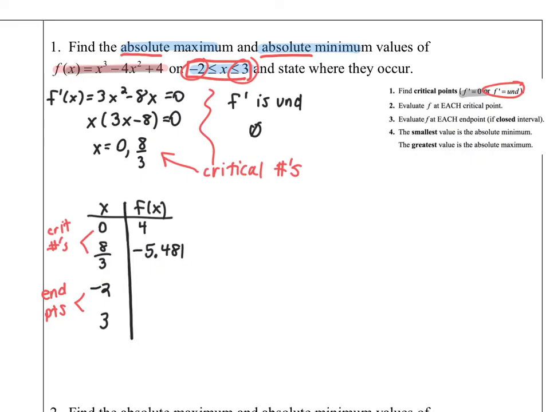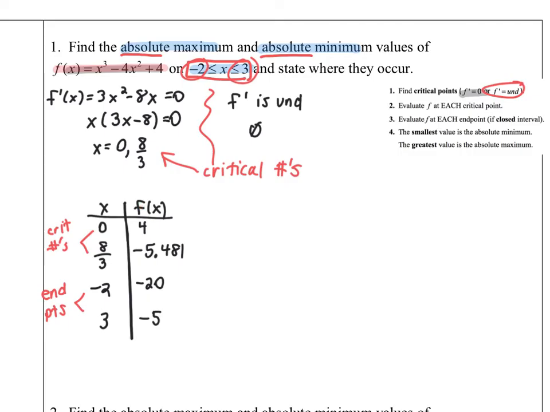I do f of -2, so (-2) cubed minus 4 times (-2) squared plus 4. And I get a -20 when I do that. And when I plug the 3 in, I get a -5. So these are the values on the graph of f, and it is the y value that determines how high